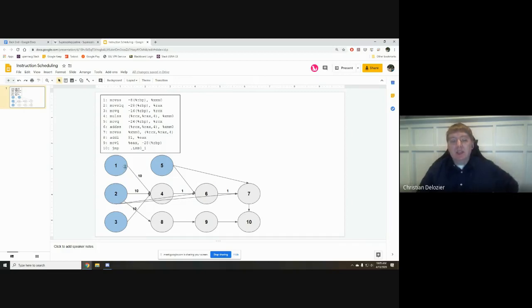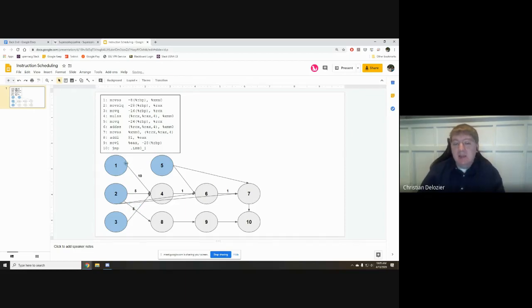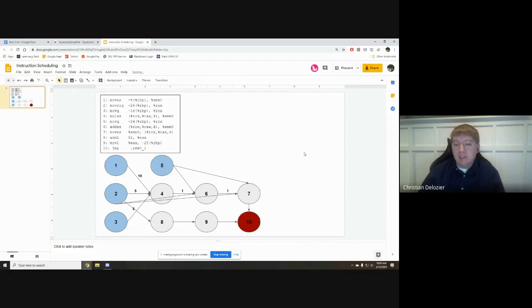So we want to schedule things sort of as far in the past as we can if there is a big latency. So, for example, if we knew that we could do these loads a little faster, then we would definitely want to schedule 1 first because we have the longest path to the end going through 1. So we want to optimize for the fact that 1 would have 10 plus 1 plus 1 to get to the last node in the graph. So this is sort of our sink here, is the last node. That's what we're looking to get to through